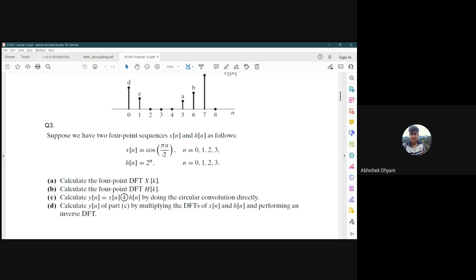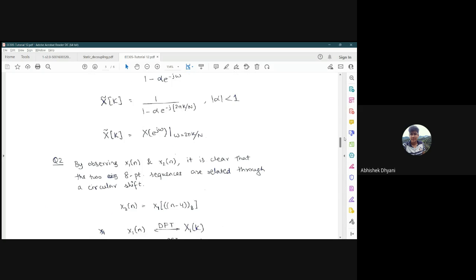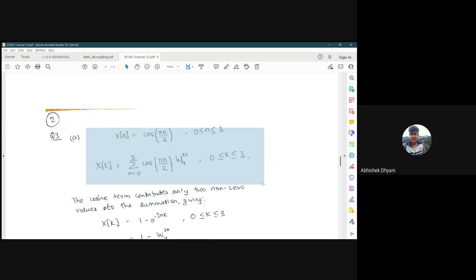One is x[n] equal to cos(pi n by 2), and second is h[n] equal to 2 raised to the power n. So let's first focus on the first two parts where it is said that we have to find out their discrete Fourier transform, right? So we have to find out the discrete Fourier transform of these two sequences. So first let's look at these two parts. Okay, so again I have written them down for you. The first one,